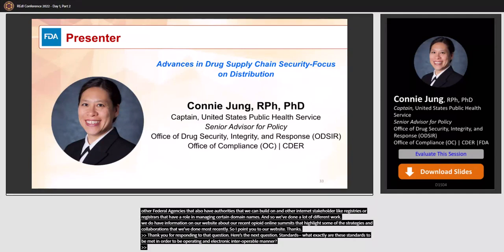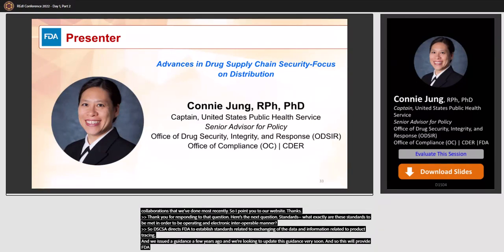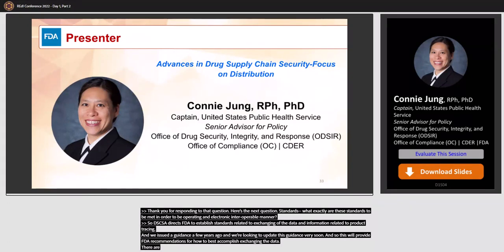So DSCSA directs FDA to establish standards related to exchanging of the data and information related to product tracing. And we issued a guidance a few years ago, and we're looking to update this guidance very soon. And so this will provide FDA recommendations for how to best accomplish exchanging the data. There, of course, might be other standards to consider beyond the ones that we issue in our guidances. In those,